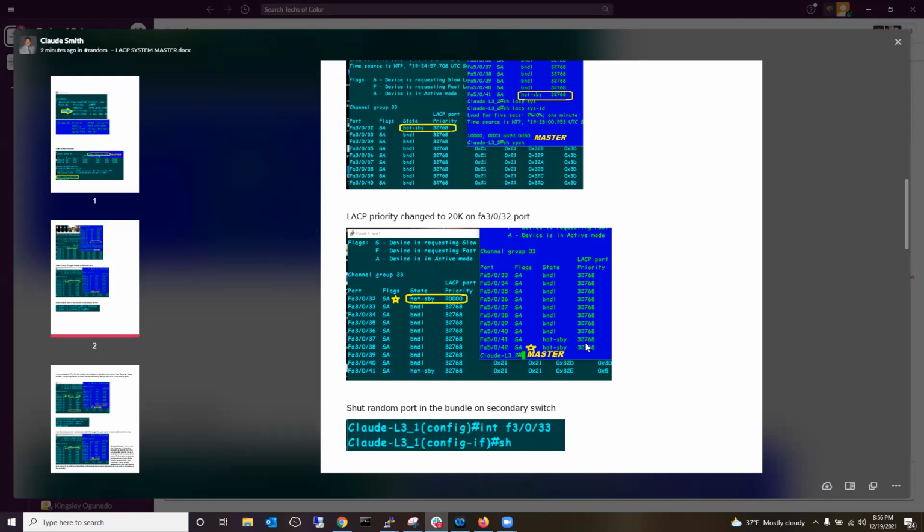I actually went on the non-master and changed the port priority on the 3032 port. And you see I got a circle with the star next to it with a priority of 20,000. That port is actually linked to the 5042 on the master switch. That's why they both got those yellow stars next to each other, because they're both linked to one another. If you scroll down a little bit more,